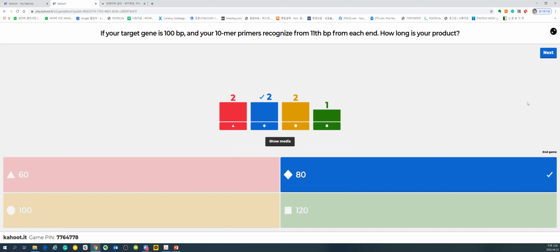And then more DNA is added to the primer to finish those syntheses to the end of the template. Yes, then the primer is included in the product. So in this problem, only the first 10 is removed. The last 10 is removed. Then out of 100, you should have 80.